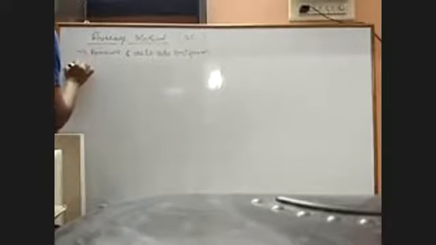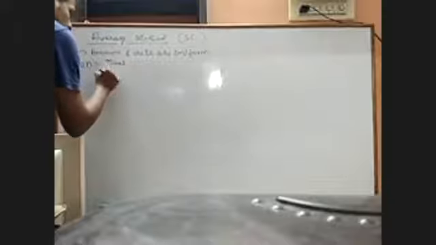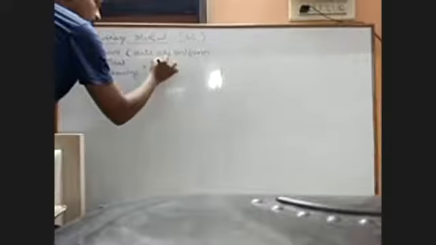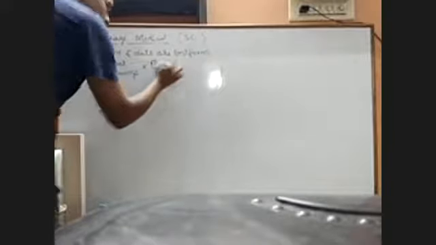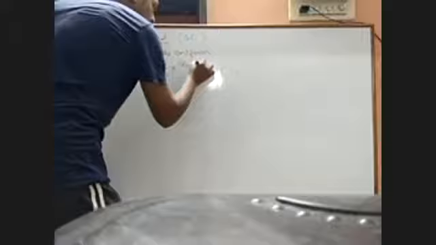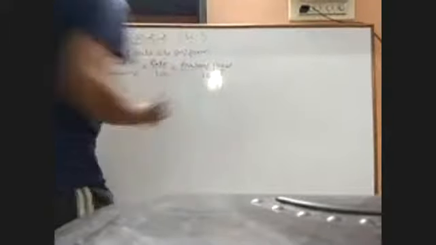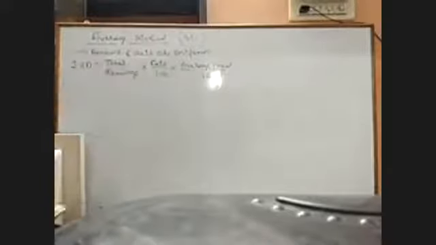And before, 2 or 3 days ago while discussing, I said, first I gave you the formula, that is: interest on drawings is equal to total drawings into rate divided by 100 into average period divided by 12. Average period divided by 12. So this was the formula which we discussed on that day also.